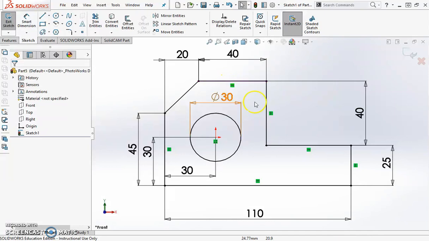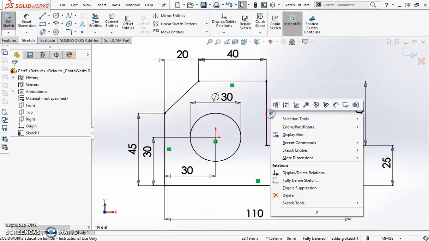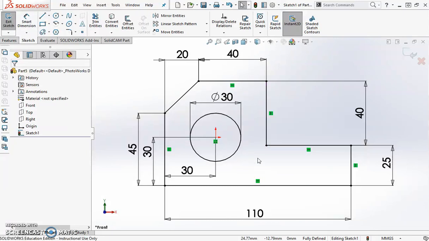If you have relations that are yellow or red, right click and delete them, and that will solve some problems. So you got to problem solve a little bit. It's not always as easy as just copying me. Your drawing might be a little bit different than mine. Once you have your drawing fully defined, like it says down here, and everything is black, then we can go